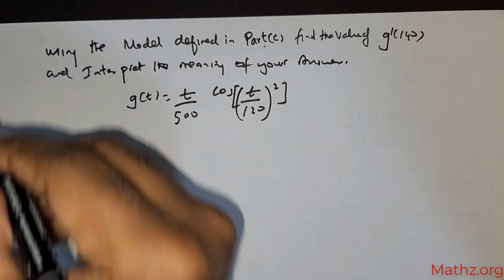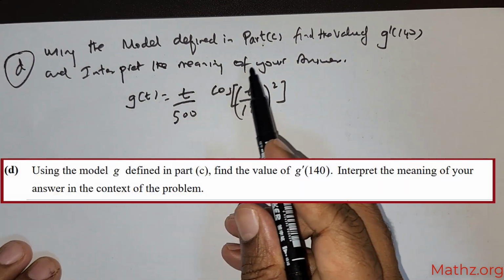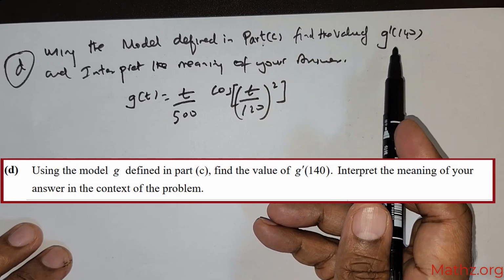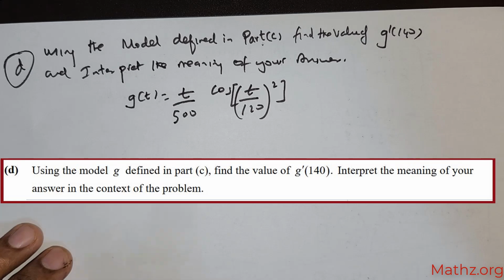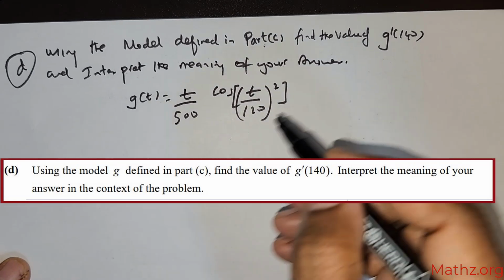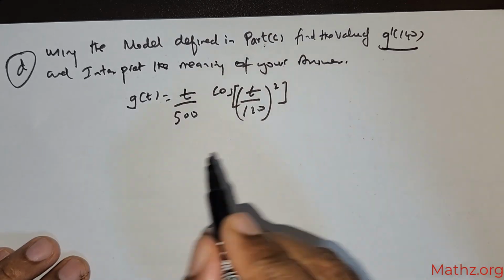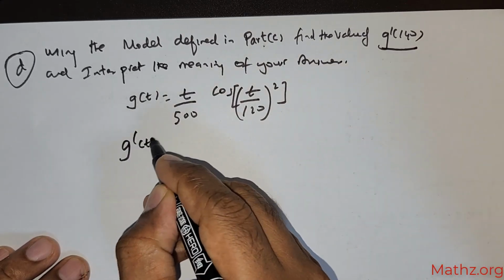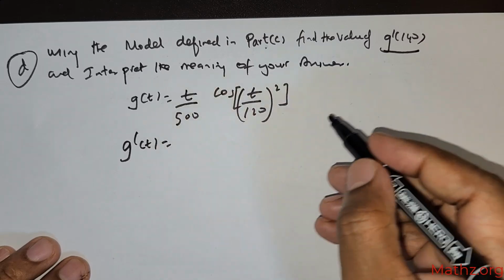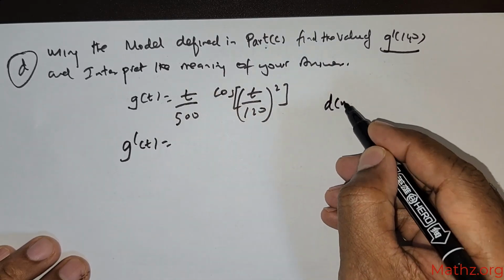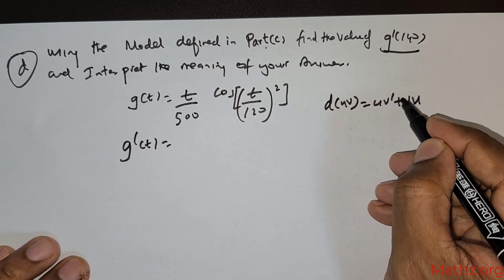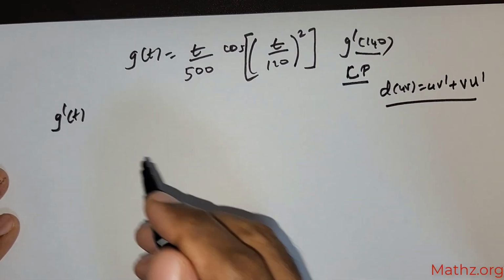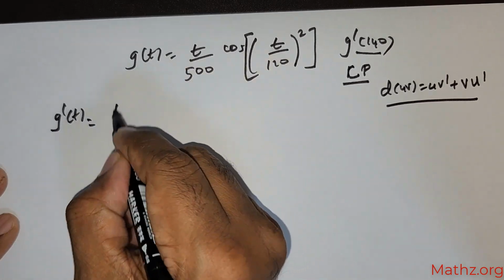Okay, we got this part D. Using the model defined in part C, find the value of g dash of 140. Interpret the meaning of your answer. So we will have to interpret our answer when we get g dash of 140. I will be finding g dash of t here. So I will be utilizing the uv formula. So d of u times v is equal to u times v dash plus v times u dash. So by this formula, this is going to be u into v. So it's t over